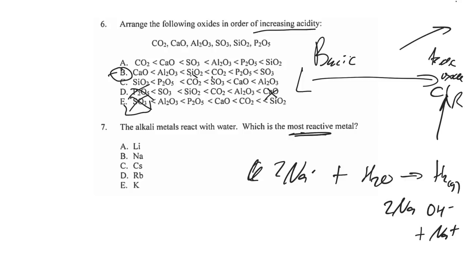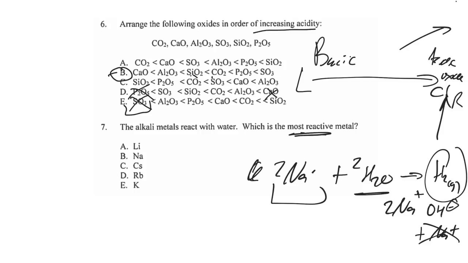We need 2 of those. We're going to need 2 waters to give us our H2 and our 2 sodium hydroxides. And so we can balance the reaction. It's not a big deal per se. I don't know if you should necessarily know how to write that reaction. I think it makes sense because we're thinking of sodium. We know it's dissolved in water, so make the cation, and then leave behind hydroxide ion, and then making H2